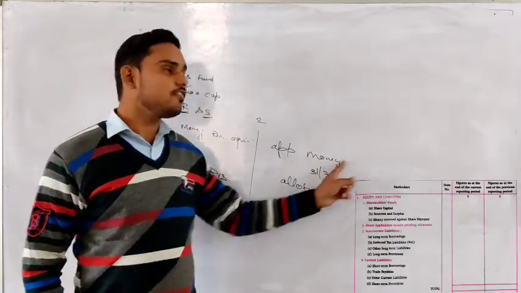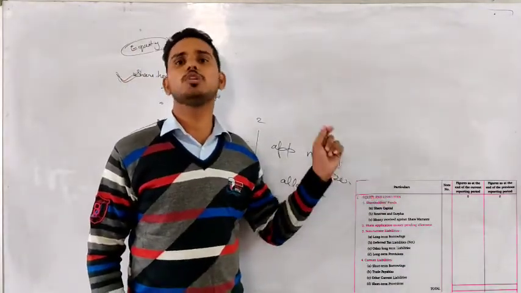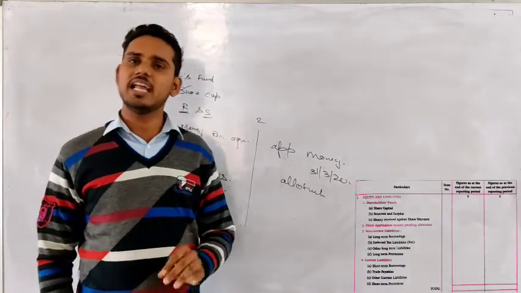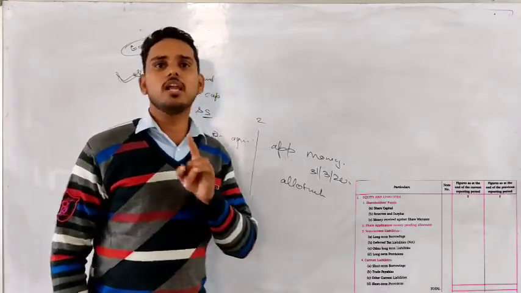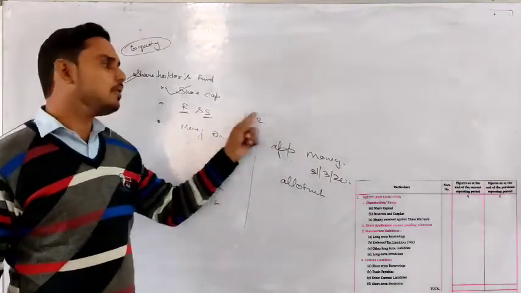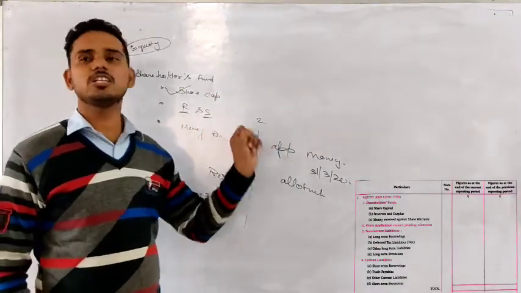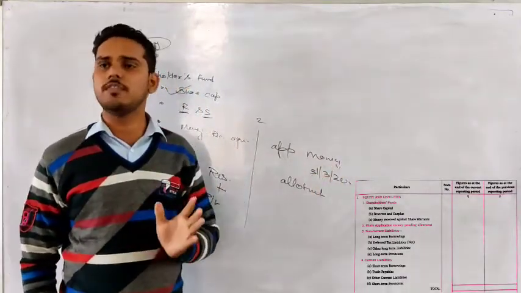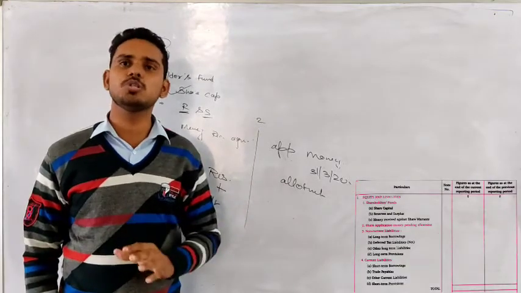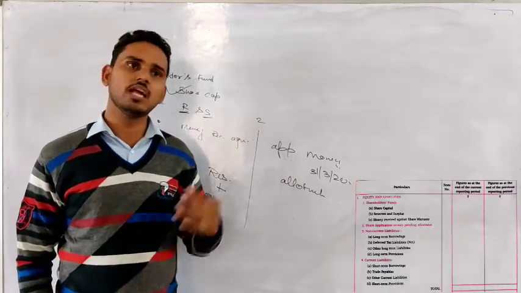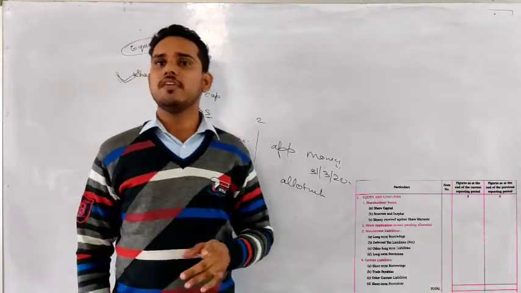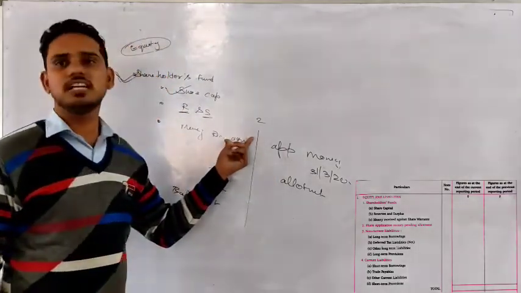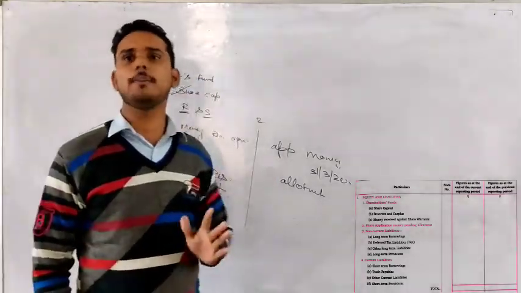So if the share is not allotted, the company cannot record that in share capital. But we have already received some application money. So where should we record that? Because that is a transaction and it should be shown in the balance sheet. So the company said, as actually no share is allotted now, we cannot write that into share capital, but we will make another head like share application money pending allotment. There we will show all the application money which is received, but in consideration of which no share is actually allotted. Then the company will prepare its balance sheet. In the next year, when the company makes the allotment, at the end of that year, the company will transfer that share application money pending allotment to share capital.